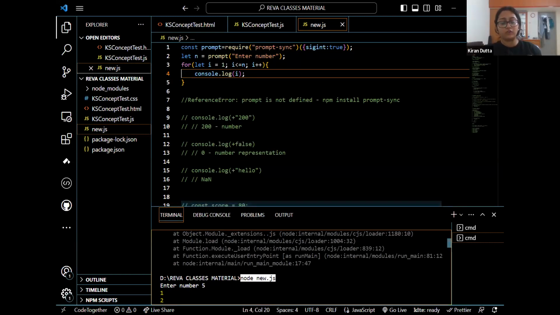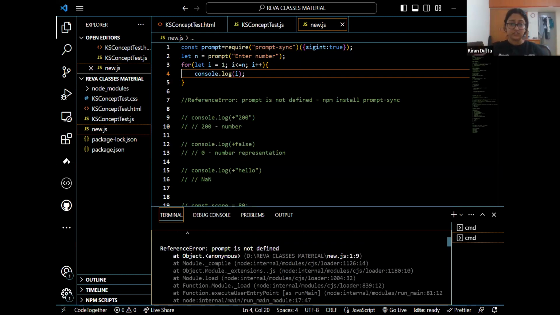Sirisha is also having a doubt. So, okay, are you guys sure that you have npm and node packages installed and there's no issue? If you can share your screen, because I don't know, maybe copy paste if you're still getting the reference error of prompt is not found or prompt sync is not found or no module prompt sync,